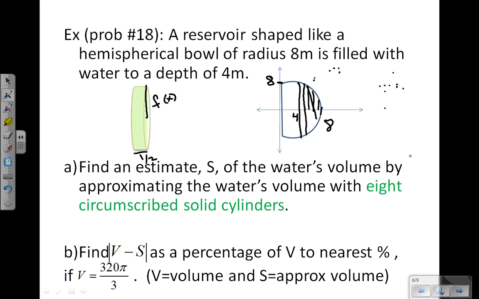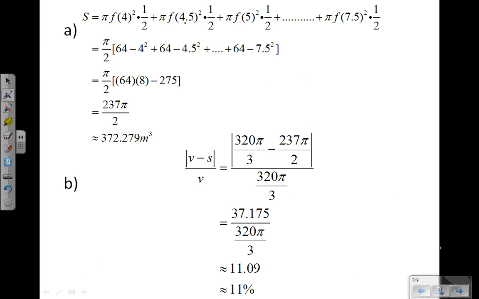So if I go to my next slide, here I'm figuring my pi r squared h, and if I start with 4, and then it goes to 4.5, and then 5, all the way out to 7.5. There should be 8 numbers listed in here. If I have 8 cylinders, I add them all up, do the math, come out with my answer. So again, pi r squared h for each one of the cylinders. If I go backward,